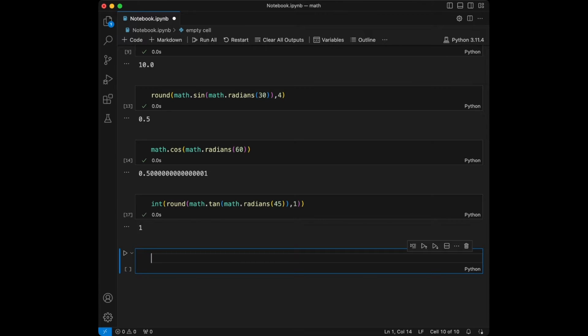Okay, let's talk about logarithms. Logarithmic functions are crucial in various fields, and we use them a lot. So let's explore log base 10 and log base 2. What we are going to do is, firstly, get the natural logarithm of e. So we will say